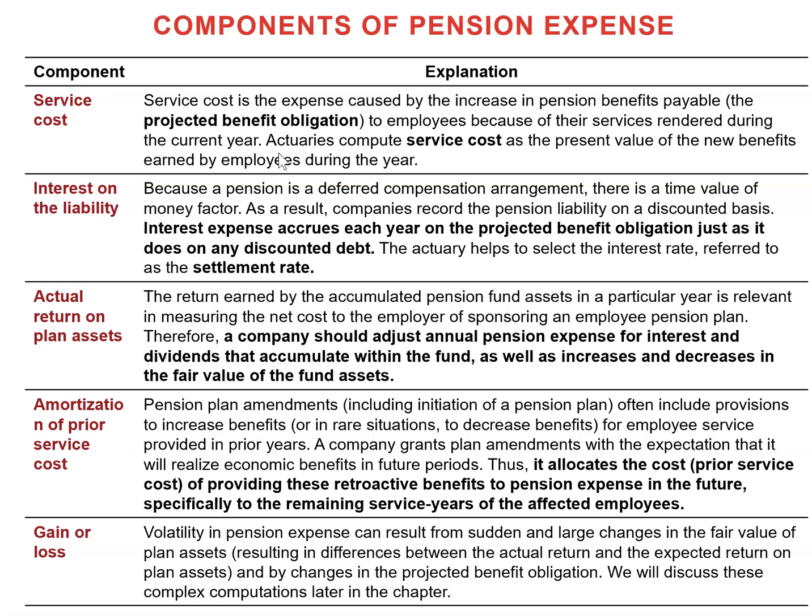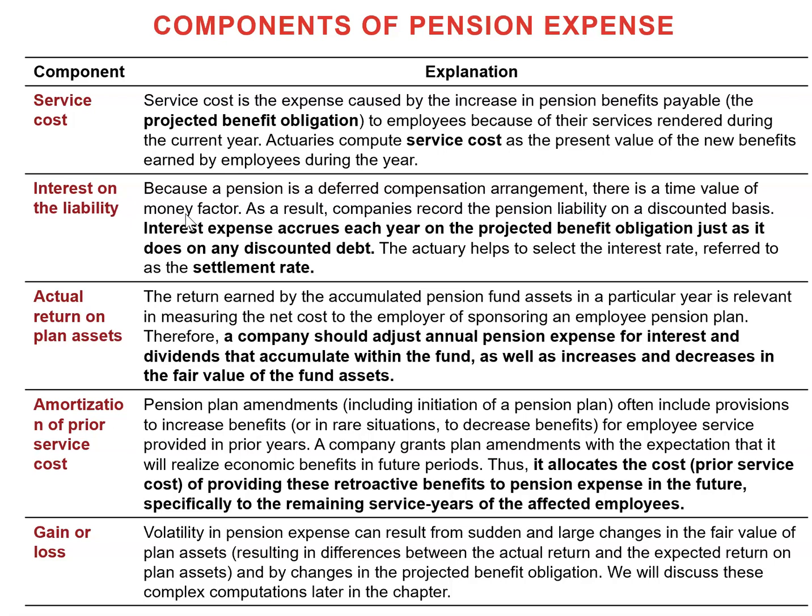So these actuaries determine, based on different formulas, and then they take the present value of those future benefits based on the employee's current year service, and that also increases that year's pension expense. And we all know that projected benefit obligation is a liability. It's a long-term liability. Basically, pension is a deferred compensation, and since it's a future liability, a future obligation,